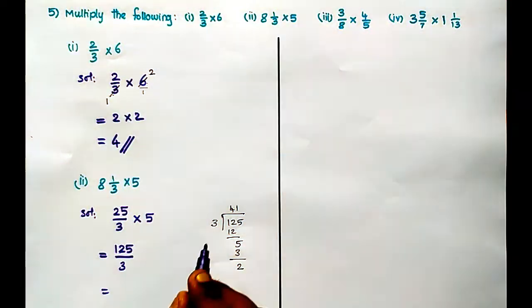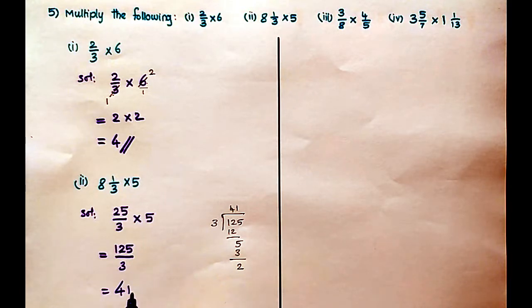So answer: quotient, remainder 2, divided by divisor 3. So 4 1 by 3 is the answer here. Next one,